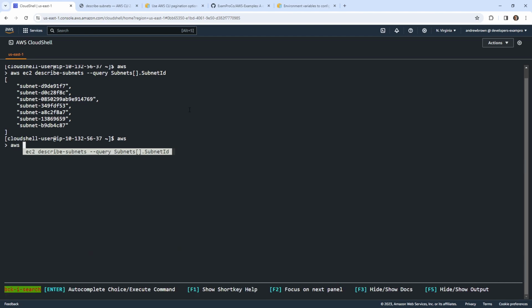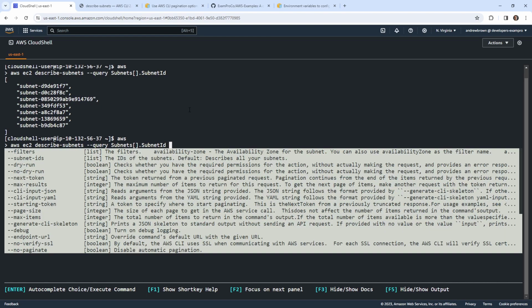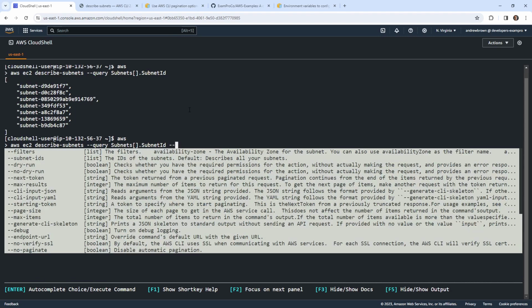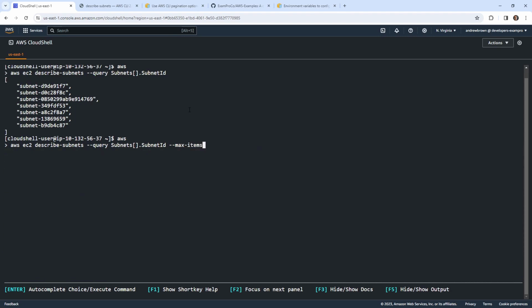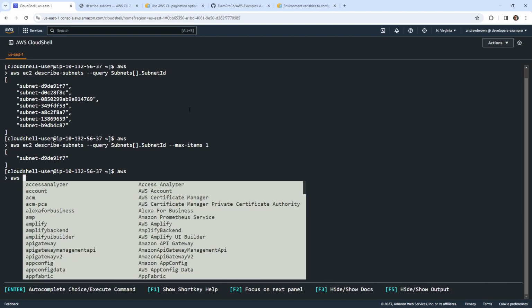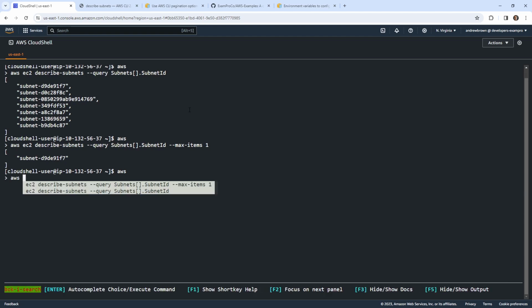And I'm just going to hit tab to bring that back. And so now what we can do is return fewer items. If I go here and say max items, I can say give me only 1, and we'll return 1. We also have the other option, which is page size. And this one's a little bit confusing, but what it does